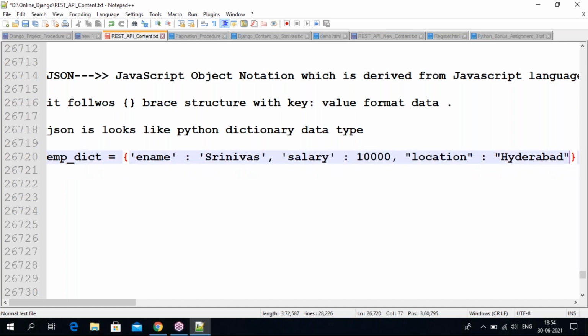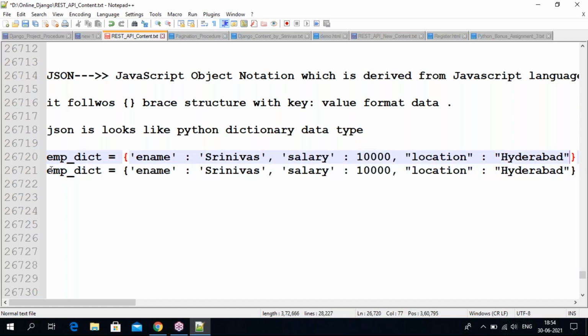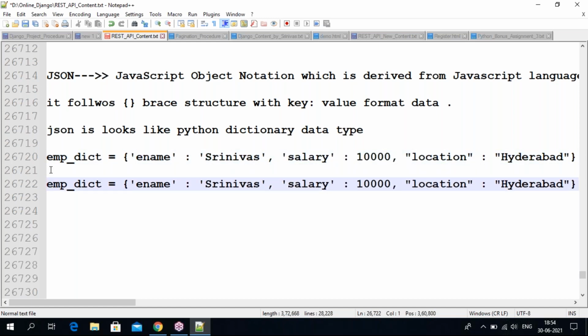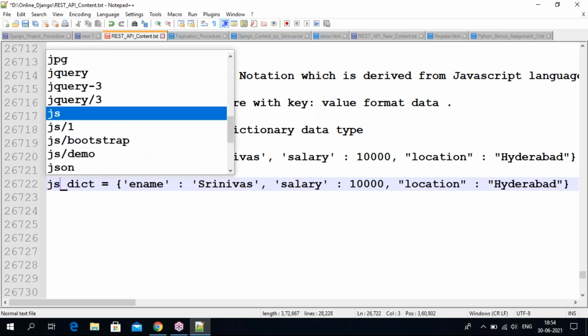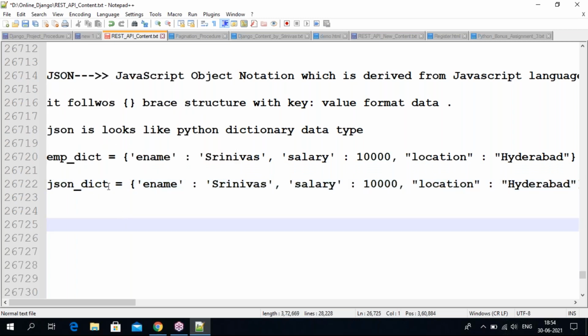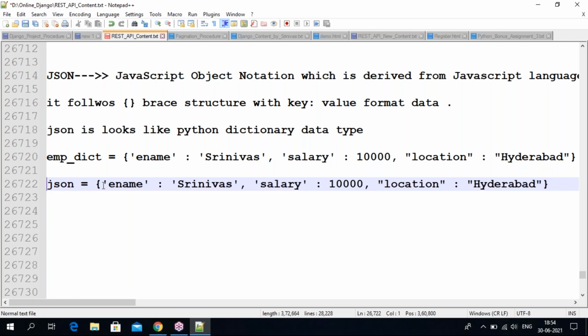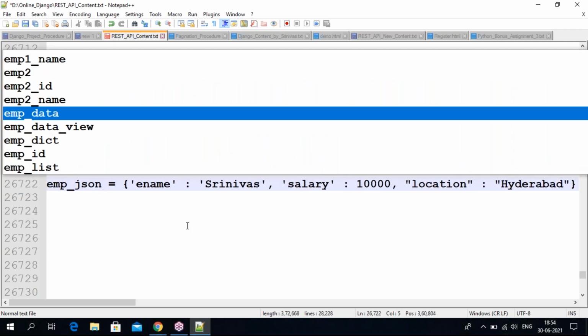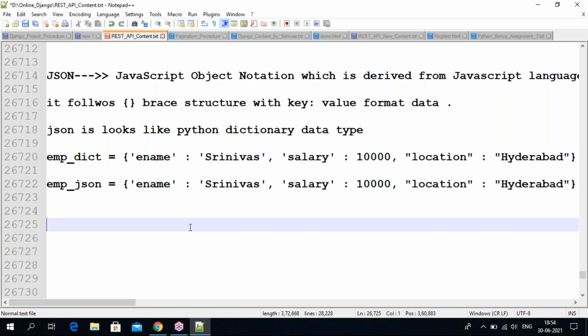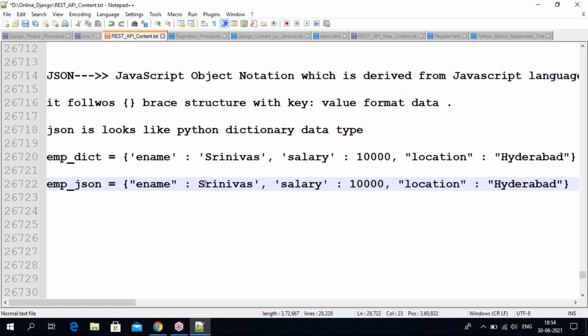Now I'm taking this one as a JSON object, employee JSON. Here all keys must be in double quotes, and values also in double quotes if it is a string.